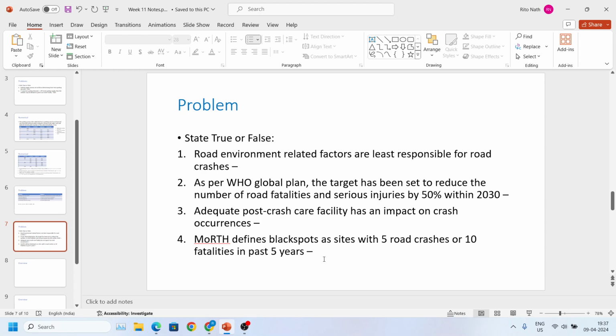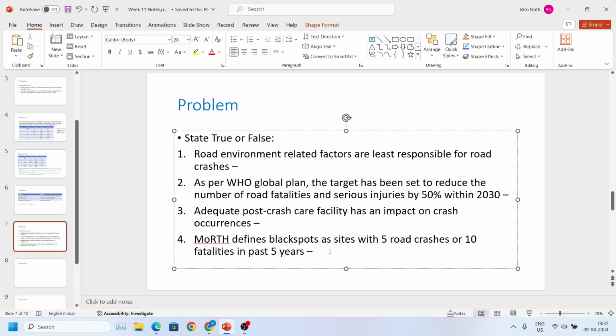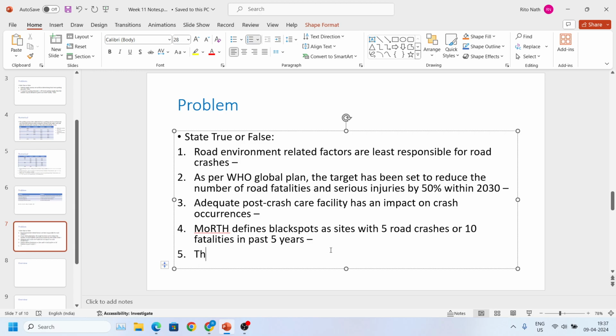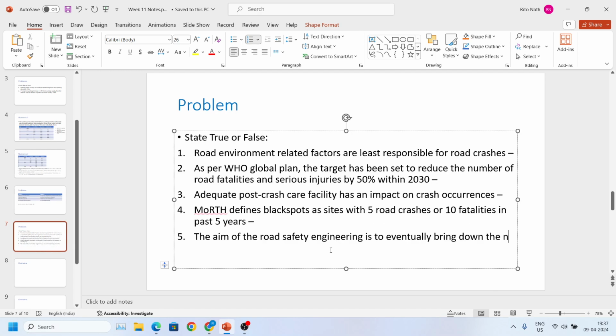Let me add one more here. So the aim of, sorry, road safety engineering is to eventually bring down the number of fatal crashes to